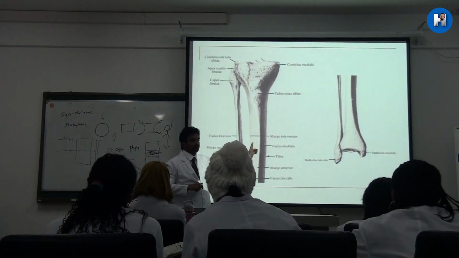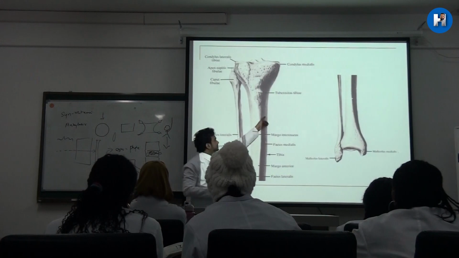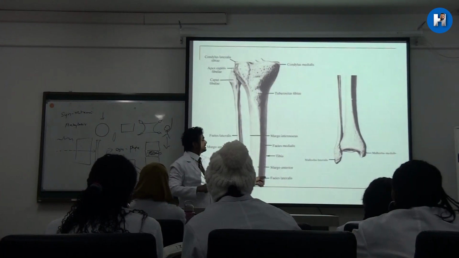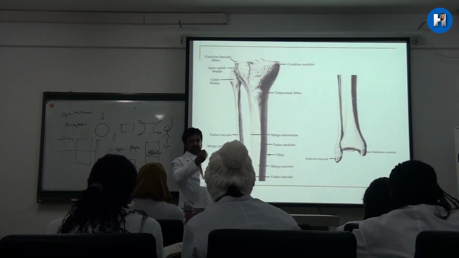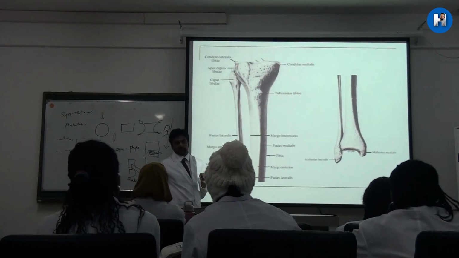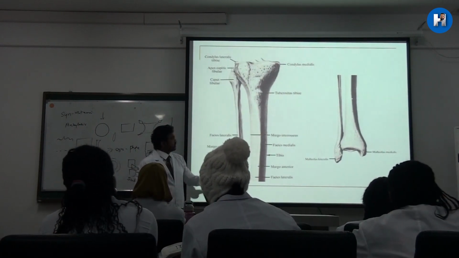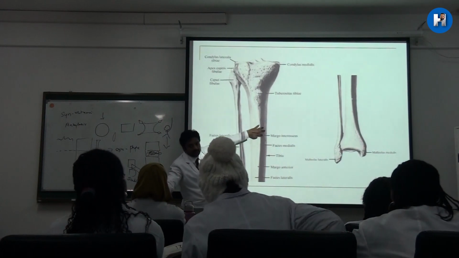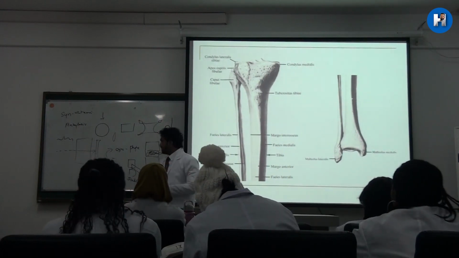This surface will again be called the lateral surface, and there is a posterior surface. Here we can put the medial margin or posterior margin. Behind that you get the posterior surface. So if you take the upper part of the tibia and take a cut section, what will the tibia be like?